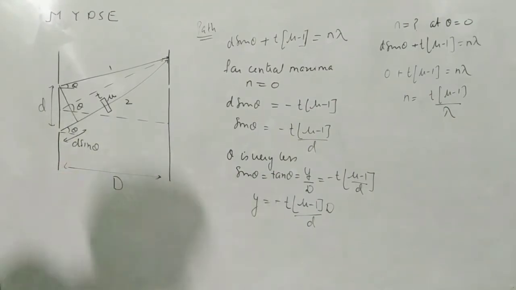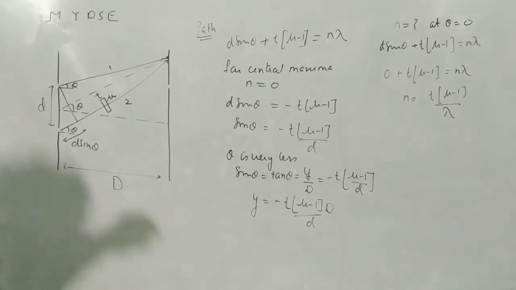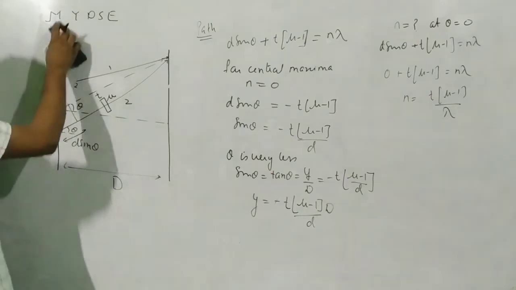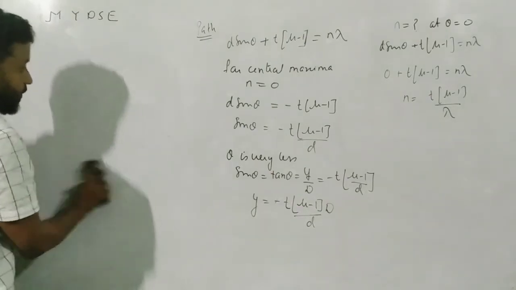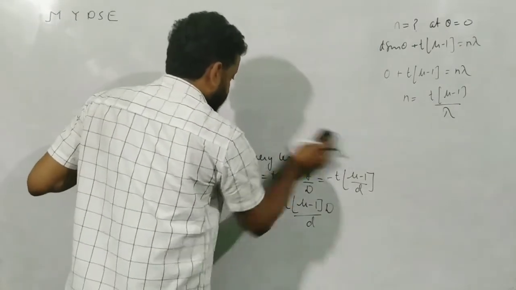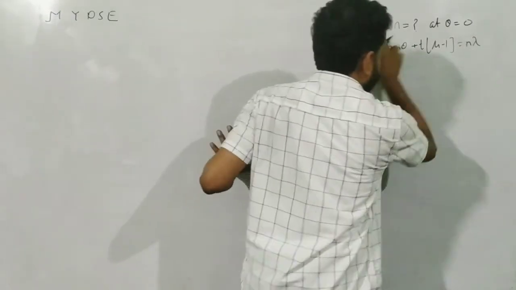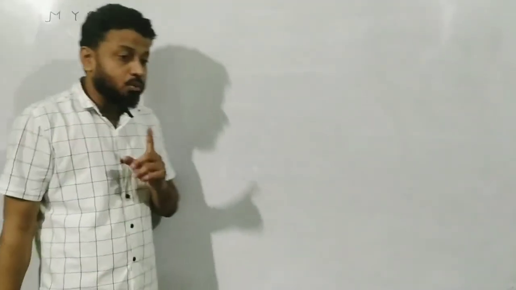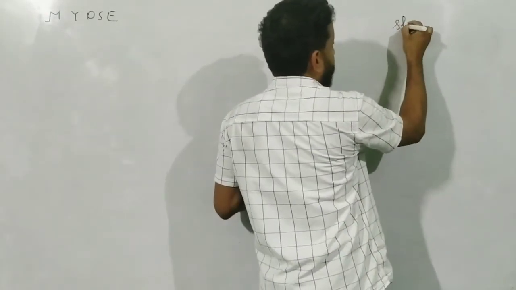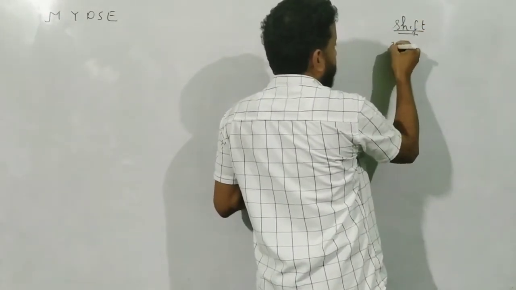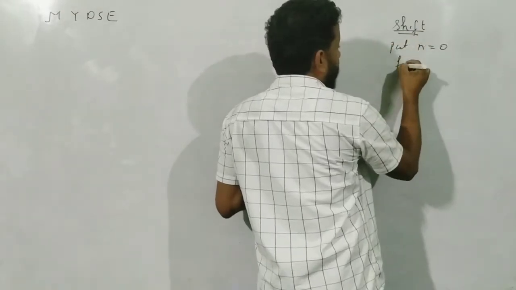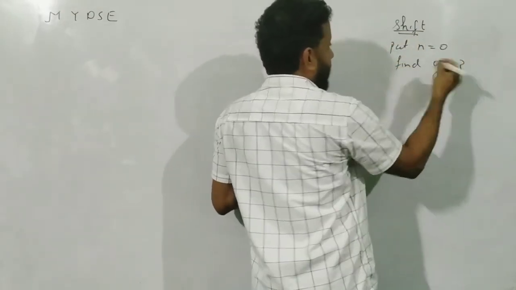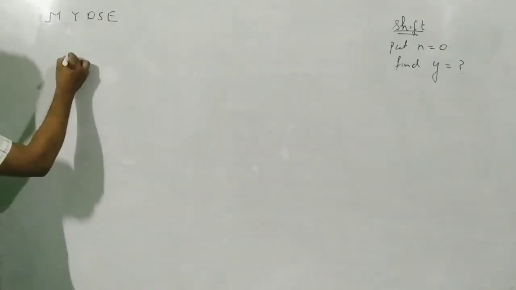Please take a note. Now I will just discuss two more questions, and I will end up by writing the equations, because the rest of the things you know. So when you find the value of y, when you put the value of n equal to 0, remember the concept of shift. If you have to find the shift, put n equal to 0 and find y. That is nothing but equal to the shift. That is the condition of finding the shift. Now consider this question.